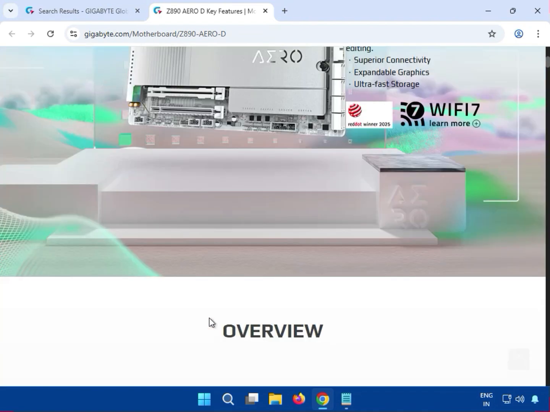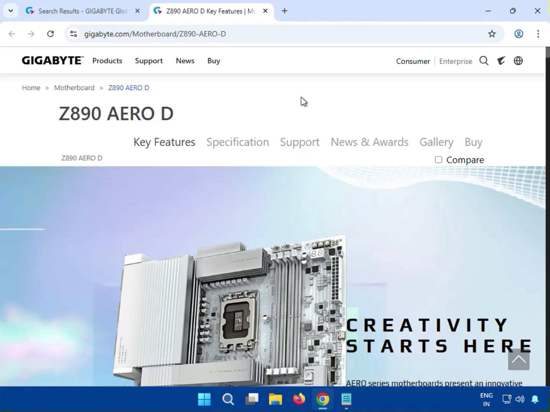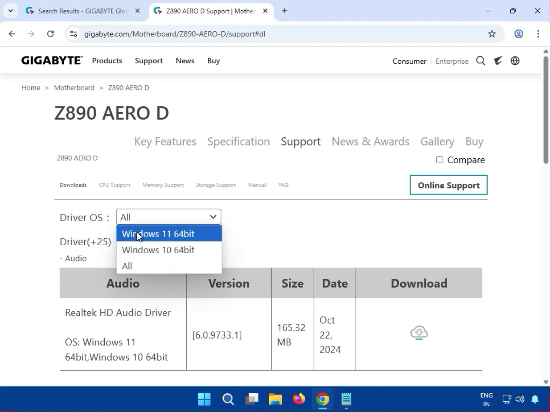then this is your motherboard. Click to support. Then select your operating system, which is using Windows 10 and 11. If you have Windows 10, and you can see the installation is Windows 11, so no worry, because it is the same installation process. Okay,